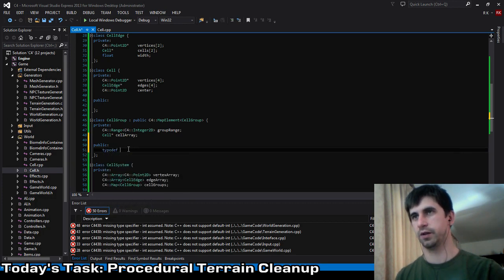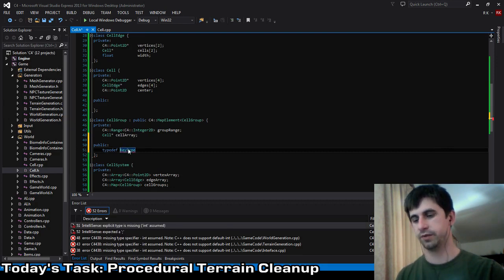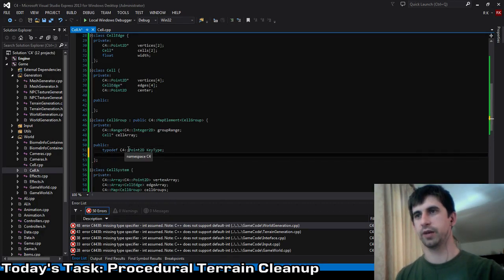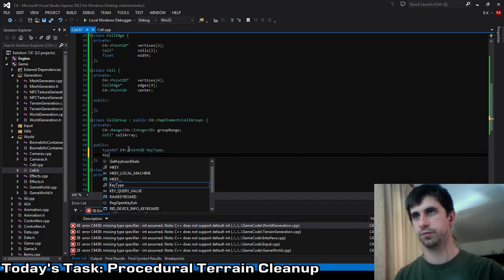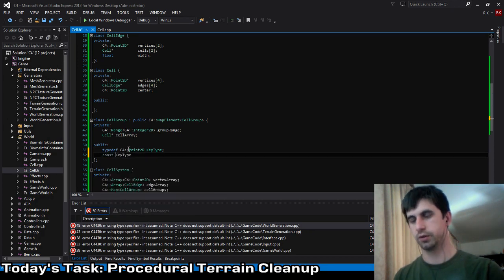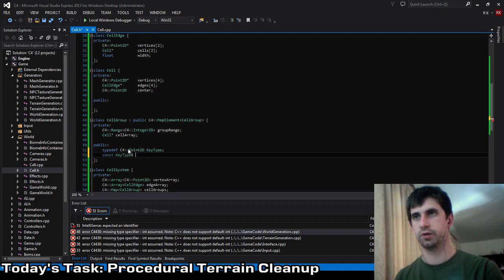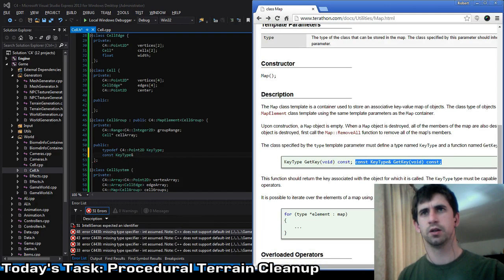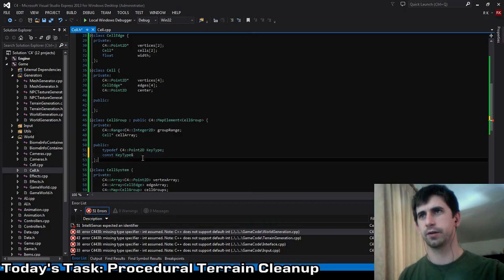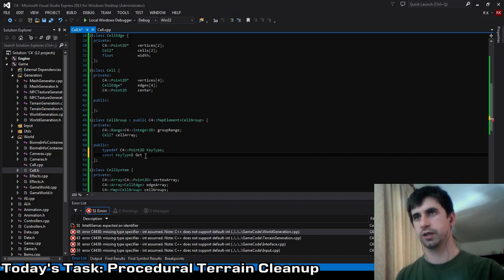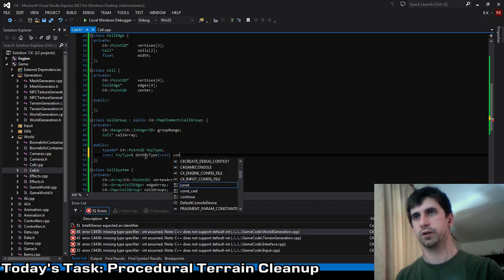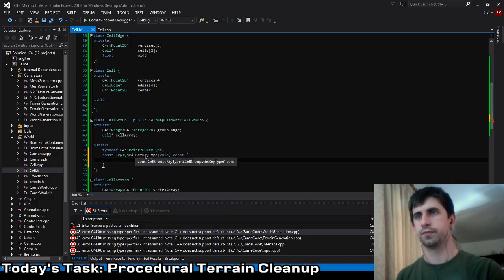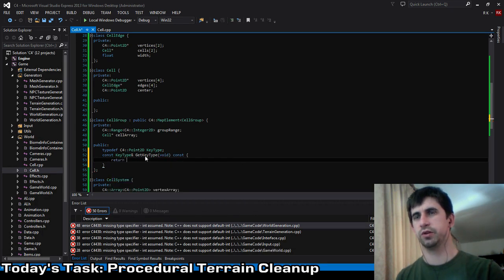Typedef key type, and the key type is going to be, whoop, I have to go to D, key type, and then the other thing we have to do is we have to have some const key type reference return, I think is what it was. Let's look at this again. Yeah, okay. And it's called get key type void const. And we're going to return,